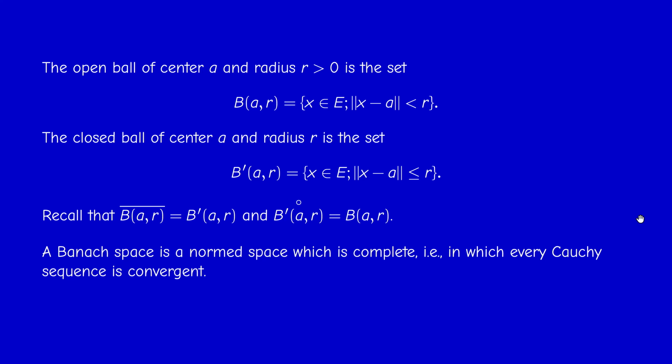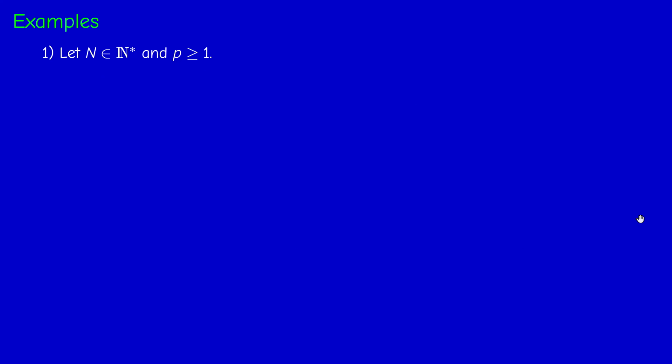A Banach space is a complete normed space, which means that every Cauchy sequence is convergent. And now, as usual, I will give a series of examples, fundamental examples that in principle you encountered, but we shall review them. So if n is an integer which is at least 1, and p is a real number which is at least 1,